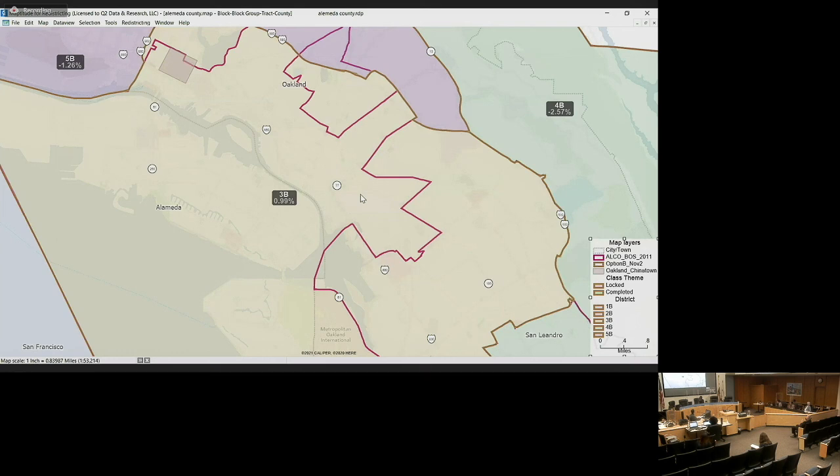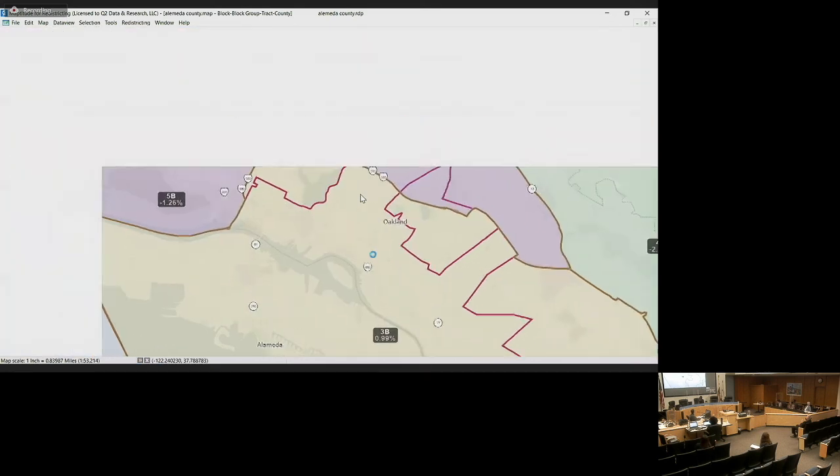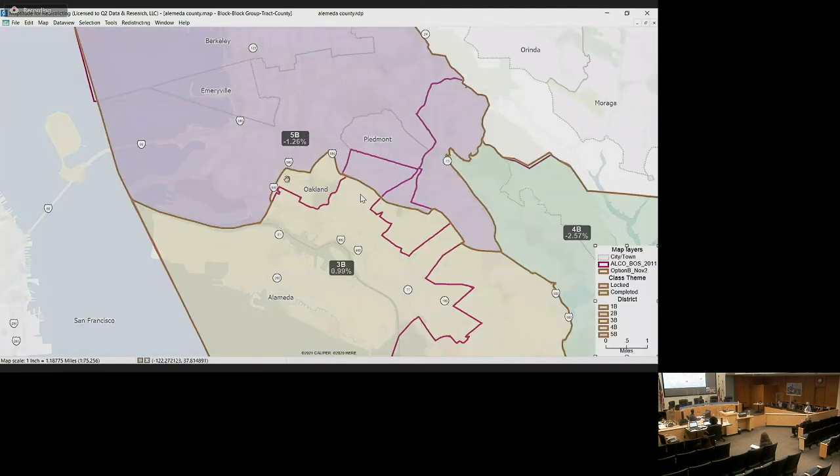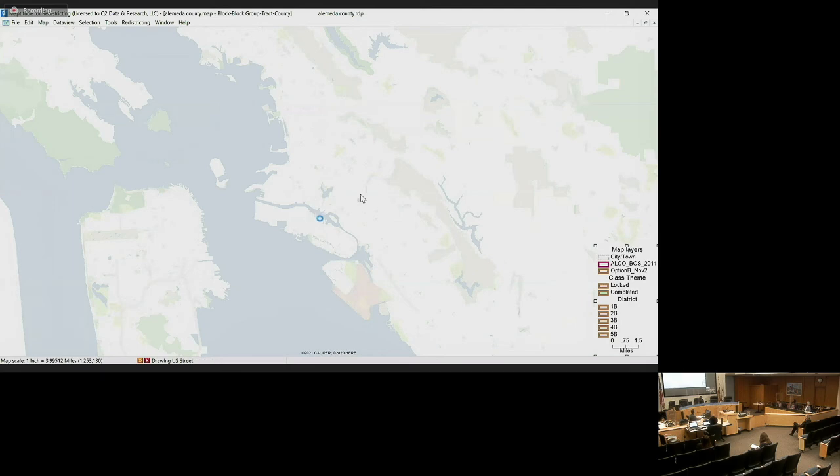So I'll turn that off and just show you the final district in this option, which is 5B. And that's our purple district up here with Berkeley, Emeryville, Piedmont, and that's at minus 1.26%. Again, to review those boundaries, it's Joaquin Miller here. We've got Route 13, we have 580, and then here were our communities of interest we just detailed for those boundaries. So that is, I'll zoom out to just give you one more overview